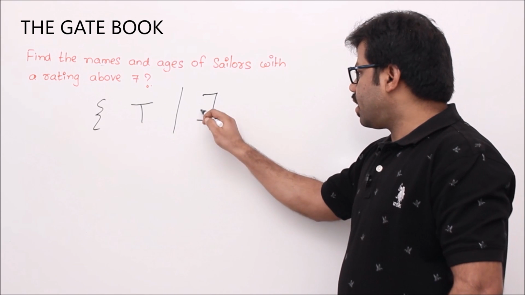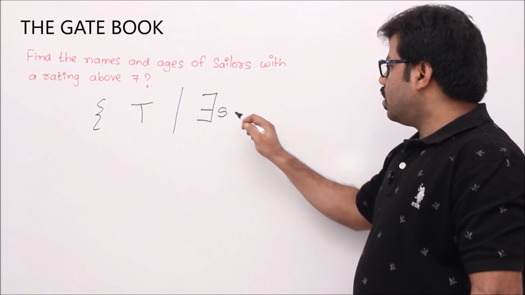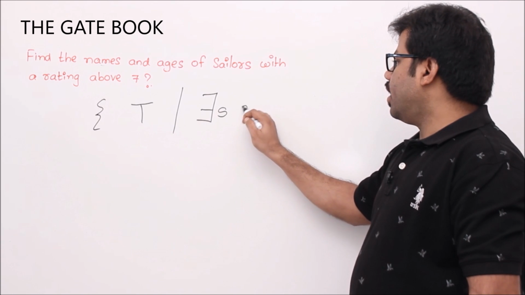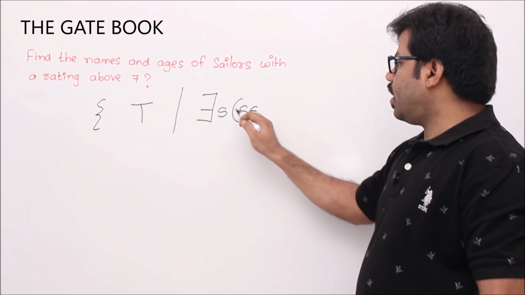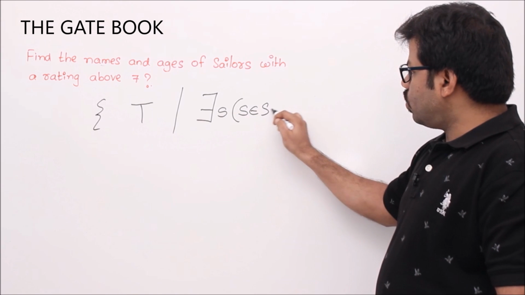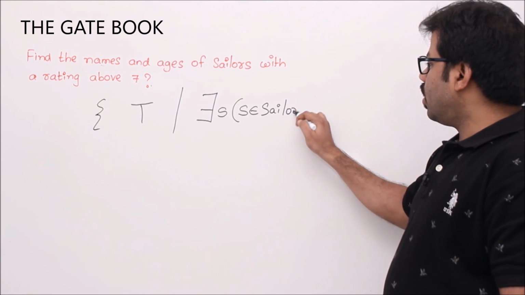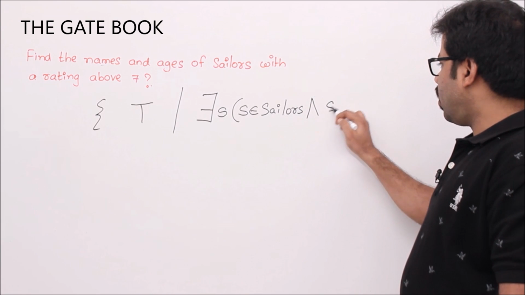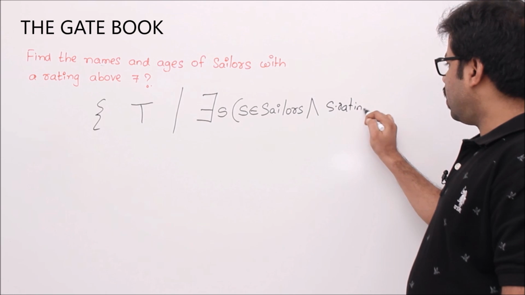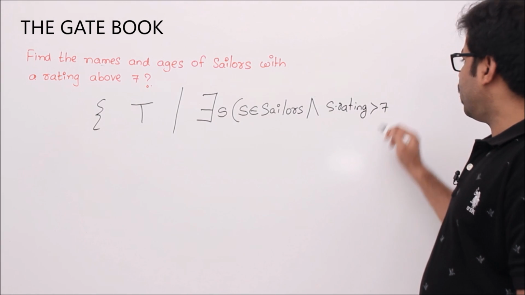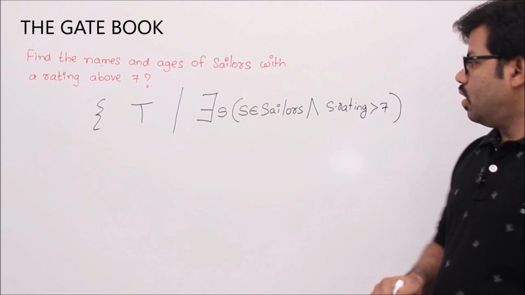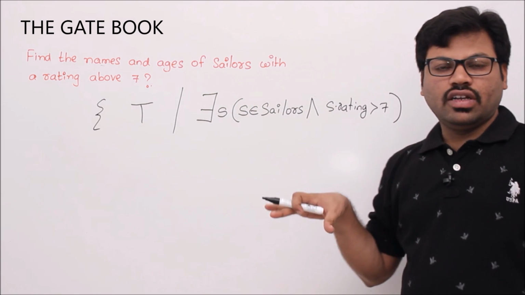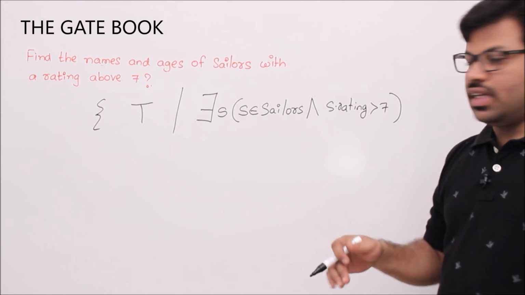If there exists at least one s such that, so that's enough? No. Such that s belongs to sailors. So what kind of s do you want? That s should belong to sailors. And I am writing a first order logic formula. Second thing, s dot rating greater than 7. You see, I am actually writing a formula, right? So whenever there is some tuple belonging to sailors and its rating is greater than 7, then for such a tuple,